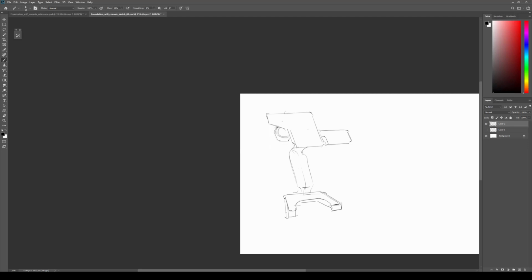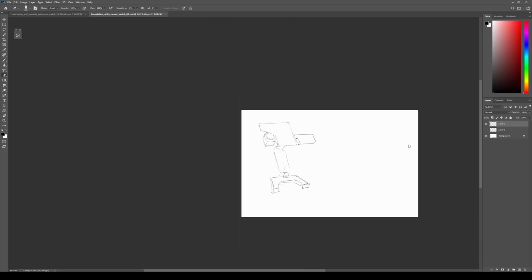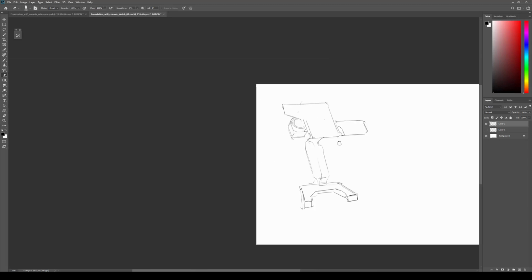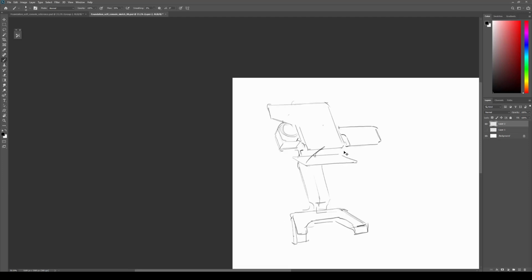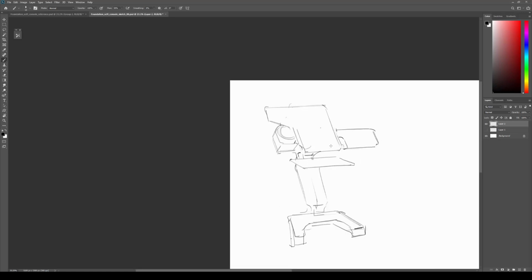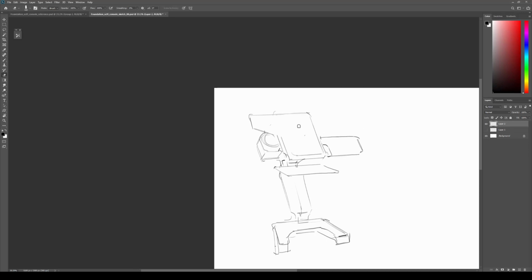Maybe some rounded form, and eventually I also want to include some kind of a keyboard or interactive parts underneath here, and it's kind of a layout like this angle, so it's kind of like a position for things that you can type or do things about it. But right now the forms are quite simple, a lot of boxes as an initial block out,